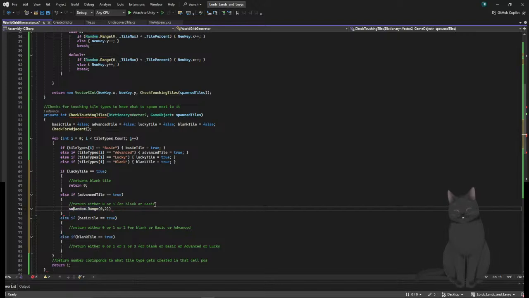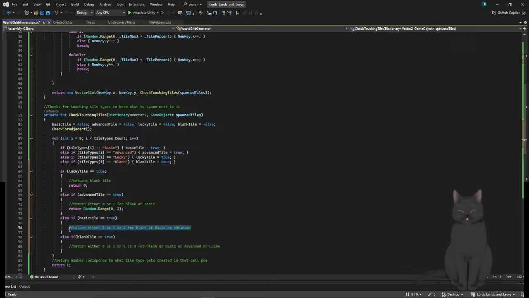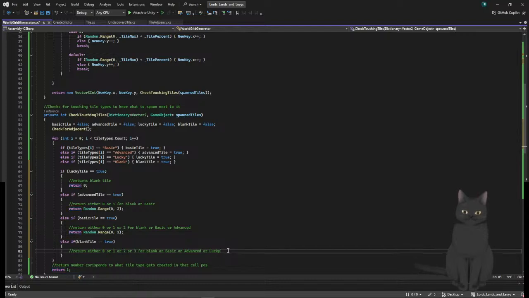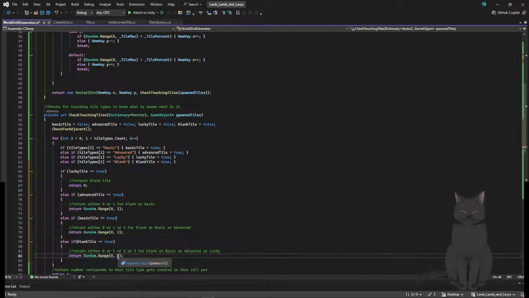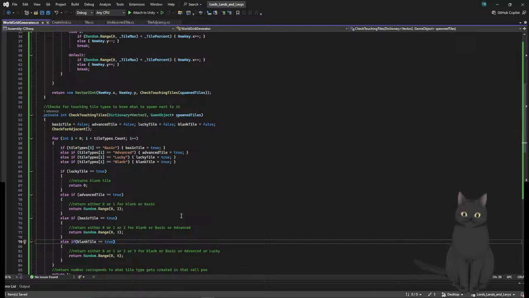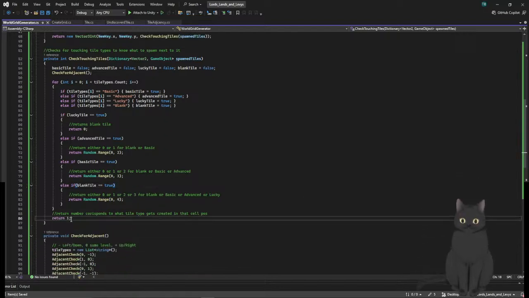Okay, well, I can actually just do this, not think about it, just as easily, because I'm returning an int. Anyways. So what I can do is just set this to 4, set this to 3, save it, and what we should see